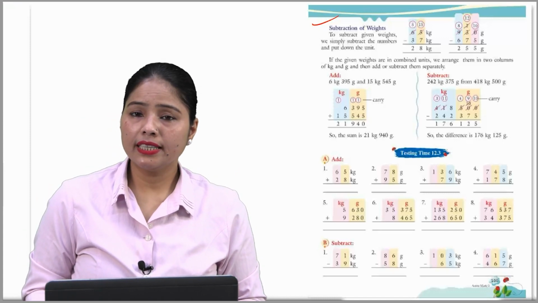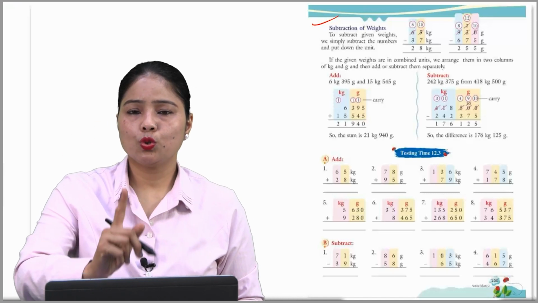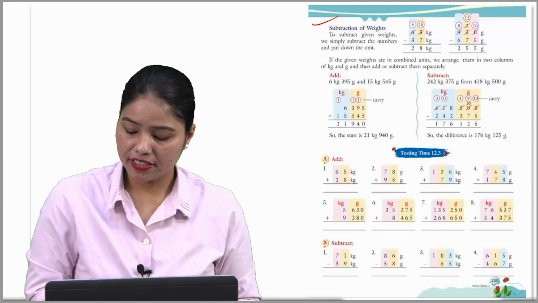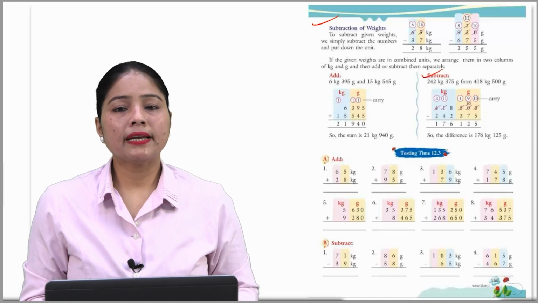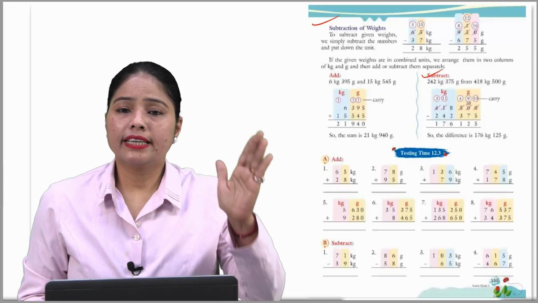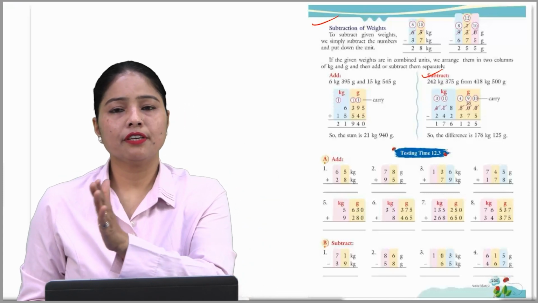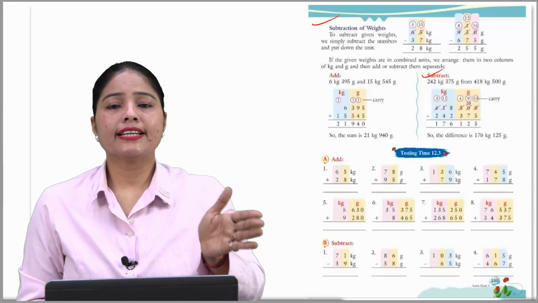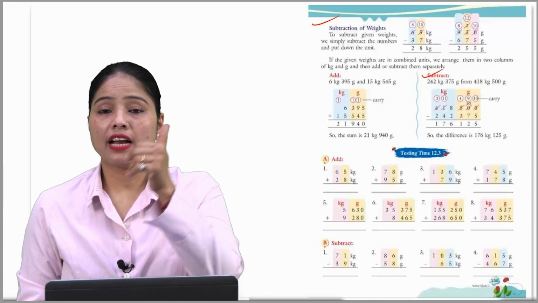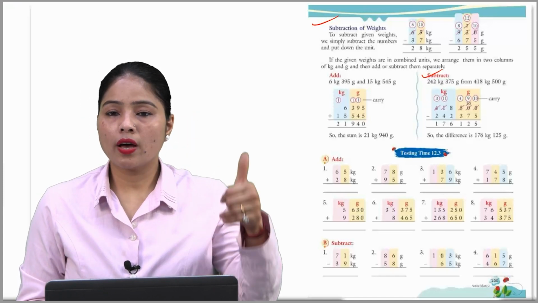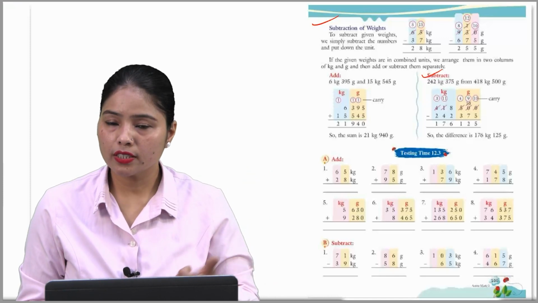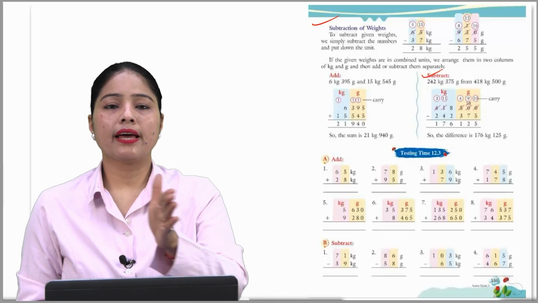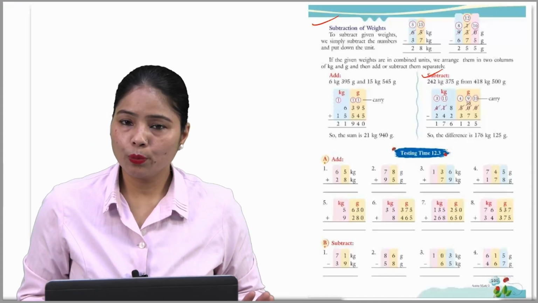Okay. Similarly, subtract 242 kg 375 gram from 418 kg 500 gram. So सबसे पहले अरेंज ऑल द वैल्यू. ओके, केजी को केजी के साथ माइनस, देन ग्राम की वैल्यू को ग्राम के साथ माइनस. सो राइट इट 418 500 ग्राम माइनस 242 375 ग्राम. So the difference is 176 kg and 125 gram. This is how we just add and subtract the gram and kg values. Okay, I hope you understood well.